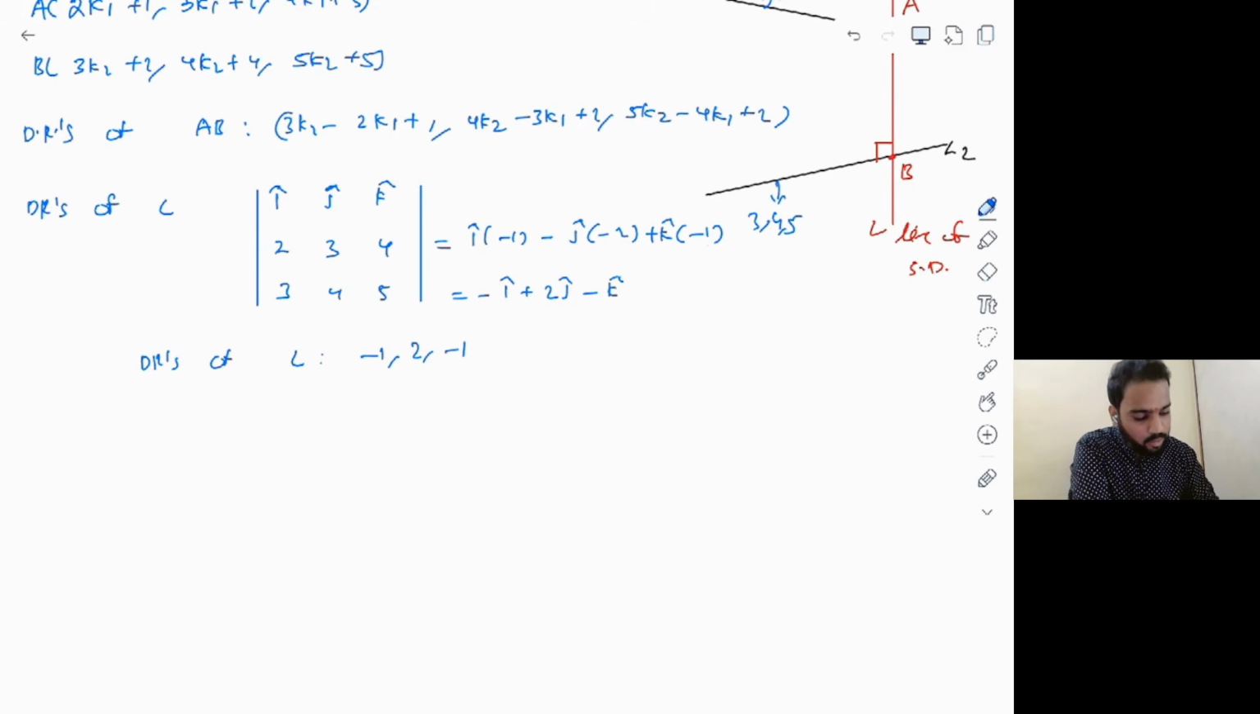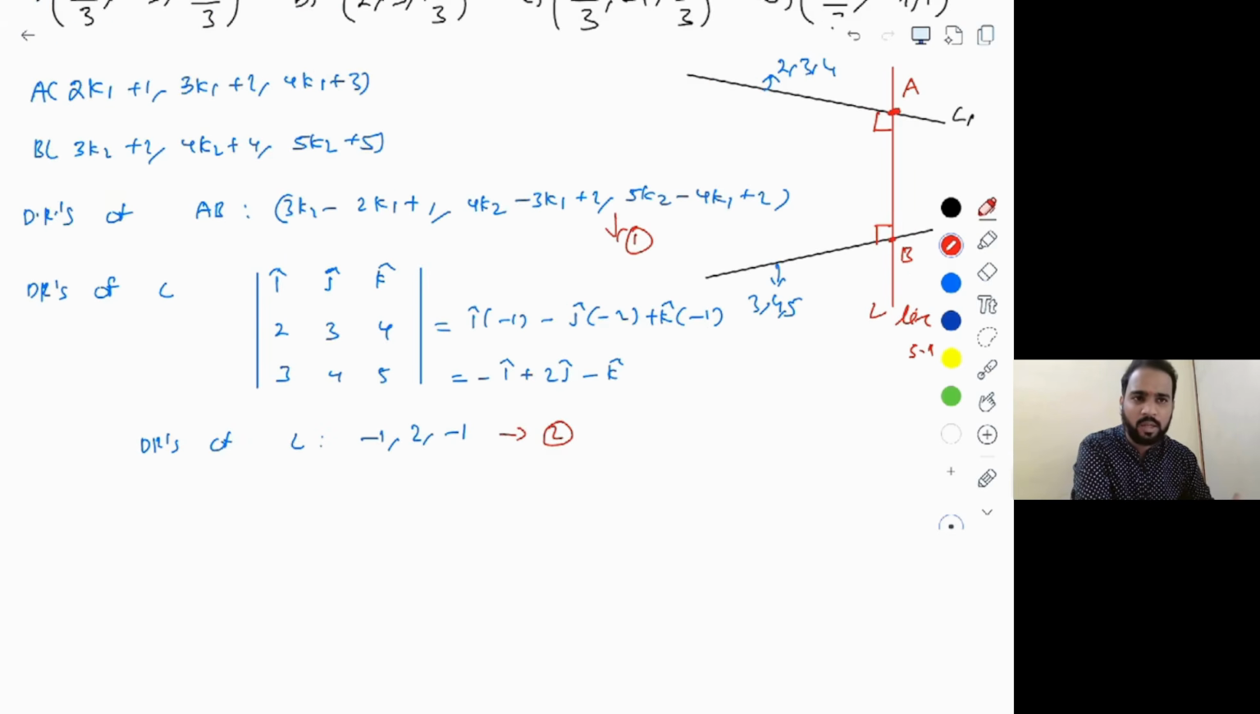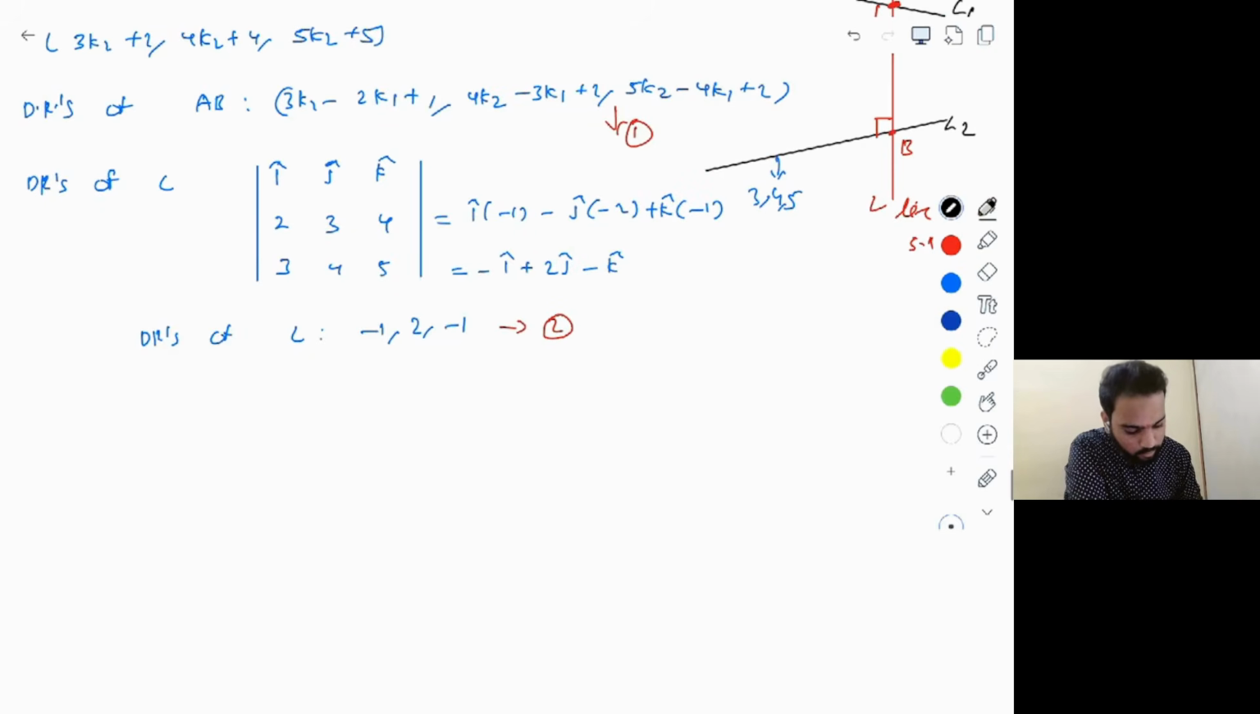Now, the main thing you have to notice here is if you take this as the DRs of the line AB, let's say 1, and then let's say this is the DRs of the line L. But what is the observation here? The line AB is nothing but the line L, which means we are writing the DRs of the same line two times. So they have to be in the same proportion, right? So let's try to equate the corresponding ratios here from 1